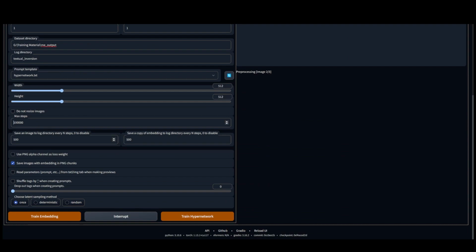While default settings have made sense for most things, I've never understood why 100,000 steps is the default here for max steps. You definitely want to drop that down, because especially with a Hypernetwork, you're going to see pretty instantaneous results. For our purposes, let's go ahead and put it at 10,000, and we're going to interrupt whenever we want to. Every 500 steps, it's going to kick out a sample image,